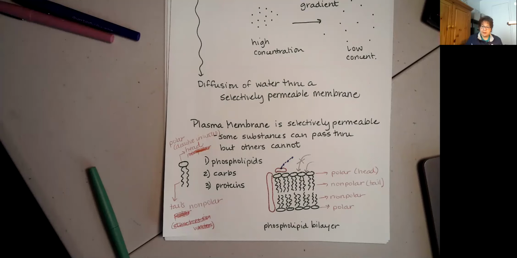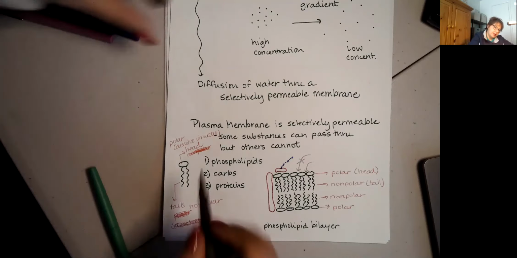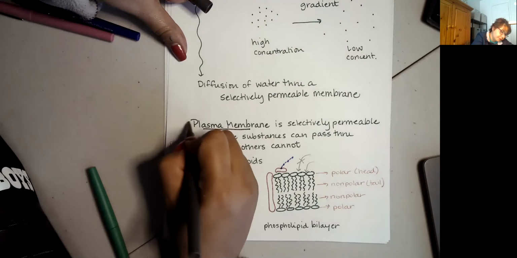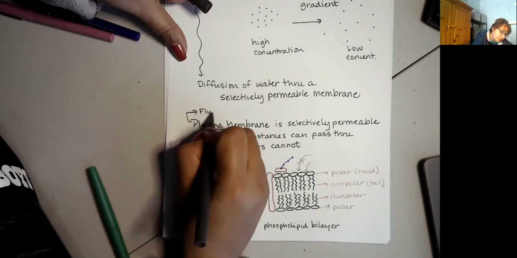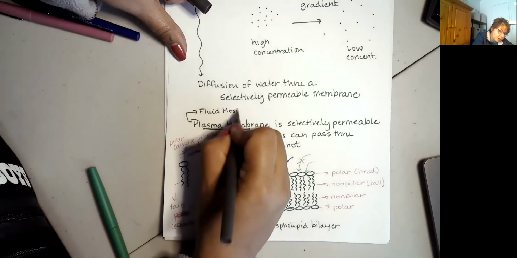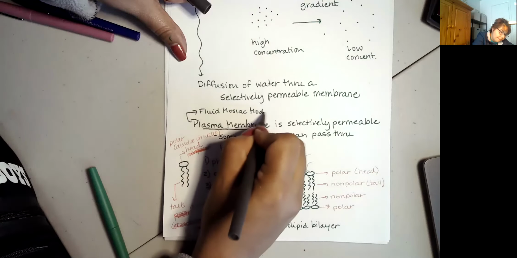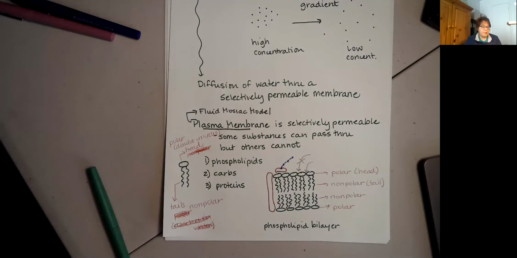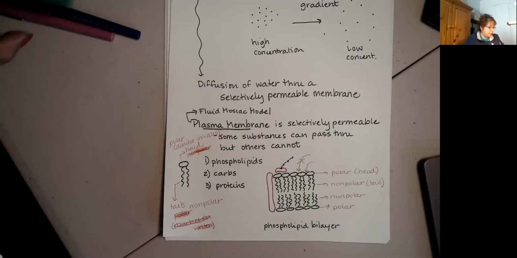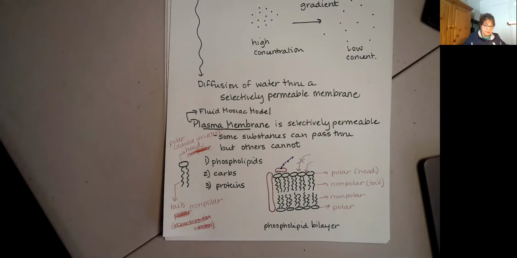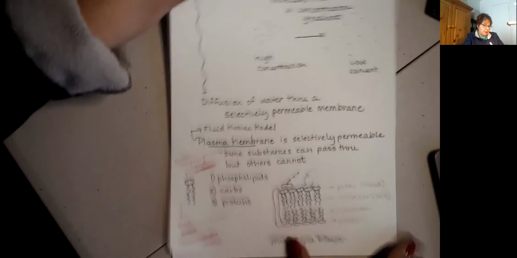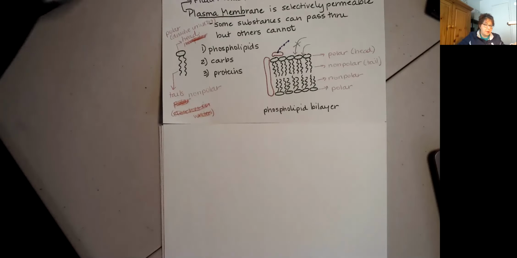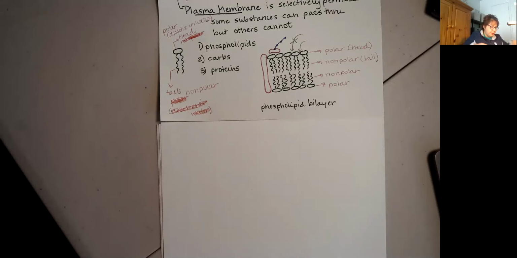The plasma membrane of the cell is often described as the fluid mosaic model. You often hear it described as a fluid mosaic. So where do they get this name, this fluid mosaic? Well, the reason they call it a fluid mosaic